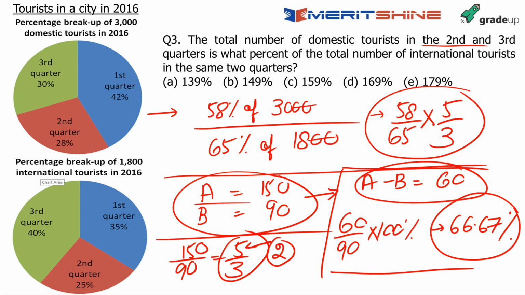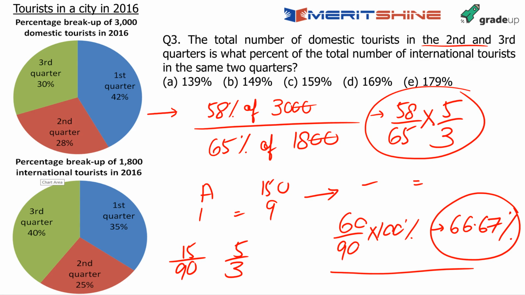You just look at 150, 90, put that upper number in the numerator, 150 upon 90, 5 upon 3. 5 upon 3 means a difference of 2 units for every 3 units. 2 upon 3 is 66.67%. That gives me my answer in this case. Very simple. So I'll use the similar technique here in this question as well. Now look at this. Just give me a moment. Let me just clean this up.